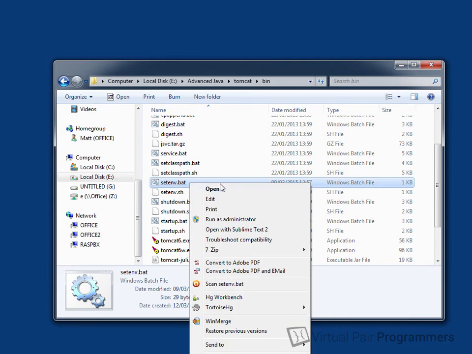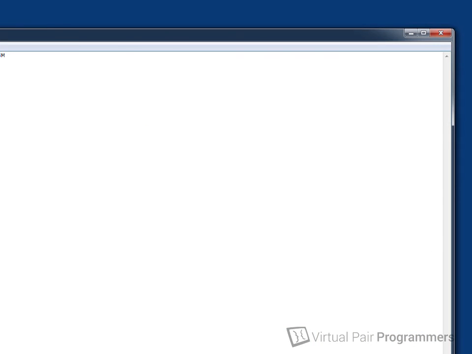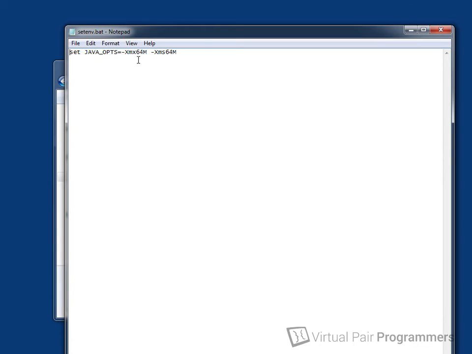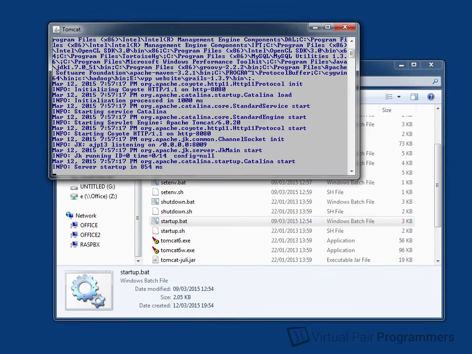If we look at the Windows version, I'm just going to open this. We'll see it has the Xmx and Xms parameters set, so we're setting the maximum heap size and the startup heap size both to be 64 megabytes. That's quite a small amount of memory, and we're doing that so that we can see any memory leaks. On a production server, you'd change these to obviously some much higher numbers. So let's start Tomcat up now. And that's running, so we'll leave that running in the background,